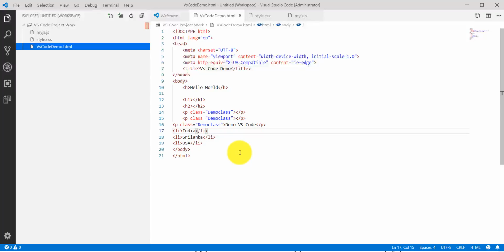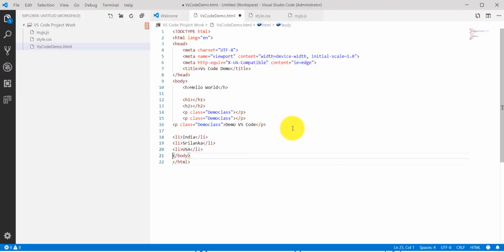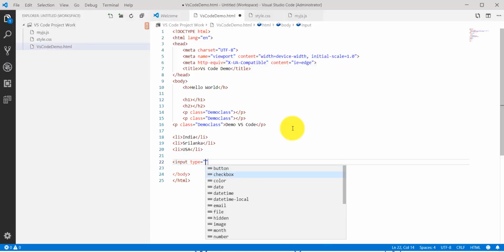Now let me just show you that I will write something over here. For example, let's say I will add a button here. So suppose just a button alert box I will write. So we'll go here. I will say button, or you can also type input, anything you can write. So input type button. You can see here it is showing me what we want to create here. So I'll say button and then we can have an ID. So ID we will say button click,